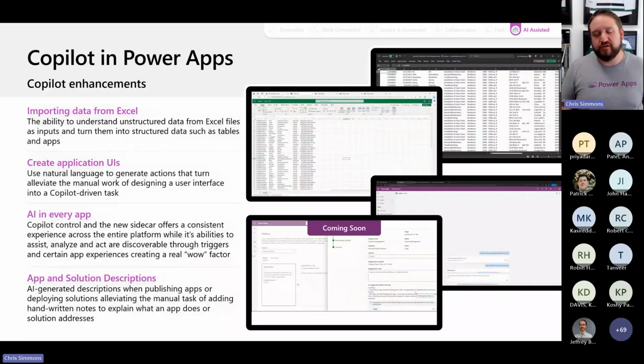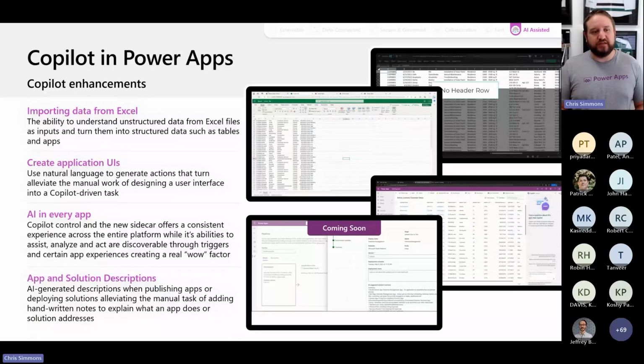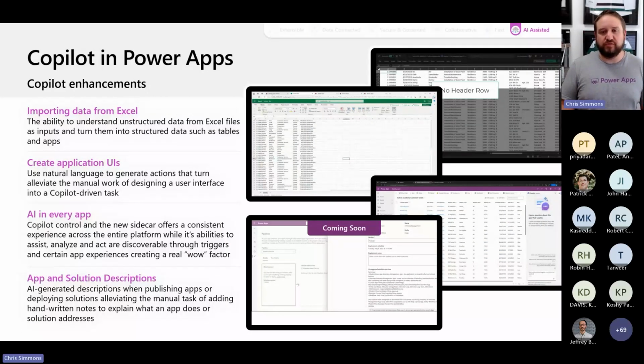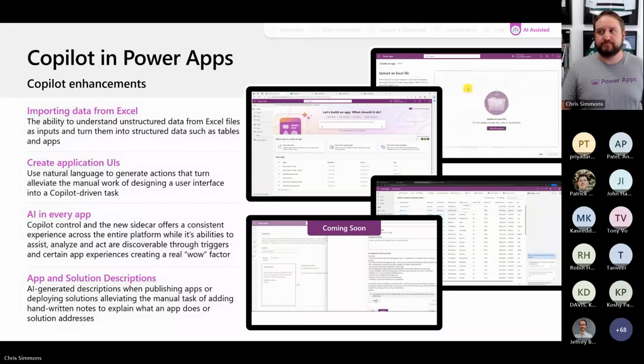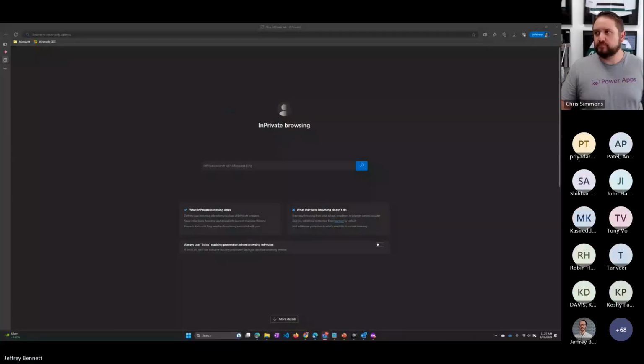Jeff, I'm going to turn it over to you so you can give us a great demonstration of these capabilities and all the cool things that we can do with Copilot in Power Apps. Yeah, thanks, Chris. Let me share my screen real quick. There we go. So as Chris mentioned,